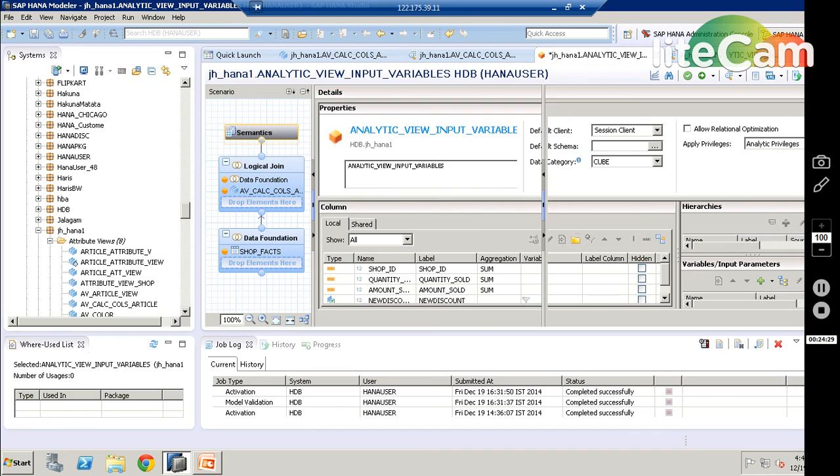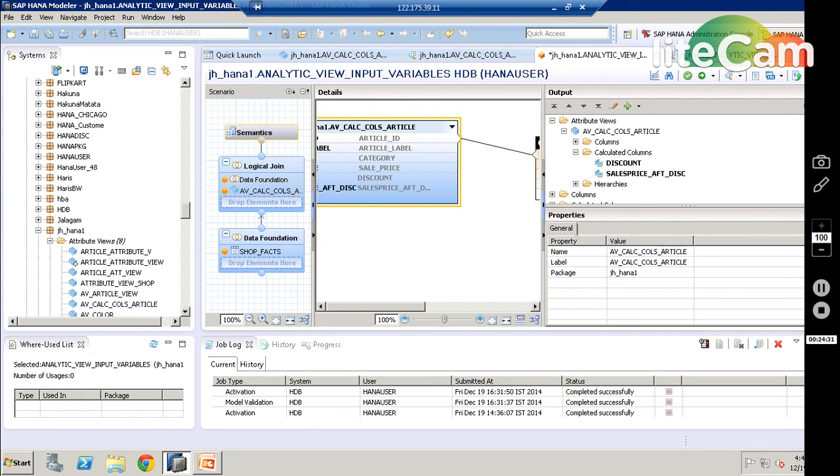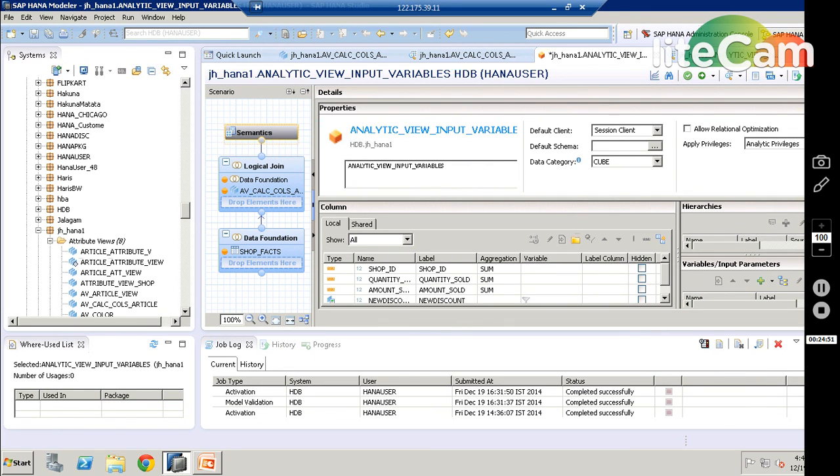Or your logical join, you click on your logical join. When you click on your logical join, you have this plus icon here in the output. Okay, so go to semantics. In the semantics, you have here